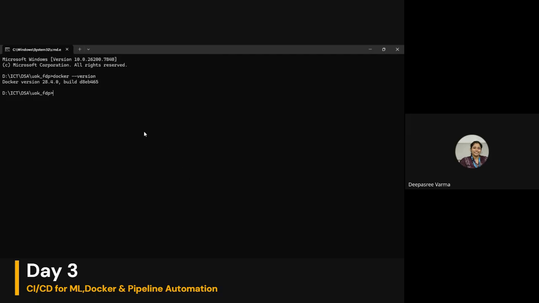You can just copy that and paste it here. It is docker build -t iris-ml-app . Iris ML app is the name that is given, and dot means all the files are here in this current folder. I'm just going to build it, and the Docker image name will be Iris ML app.